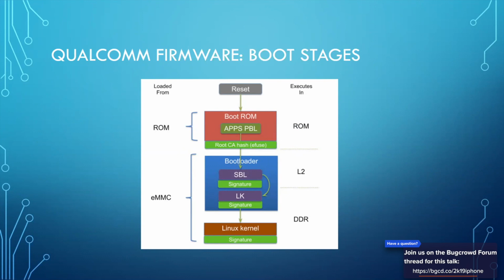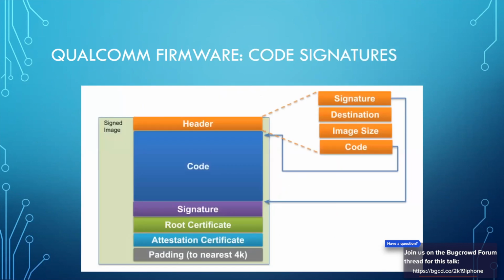You also have a bootloader on the boot ROM, which is called the primary bootloader. The primary bootloader loads the bootloader from internal memory, and that bootloader has a signature, and it loads a custom kernel, like the OKL4 kernel with the Linux kernel. But the Linux kernel runs outside the trusted memory, and it also has a signature. Everything is code signed. So how does this look?